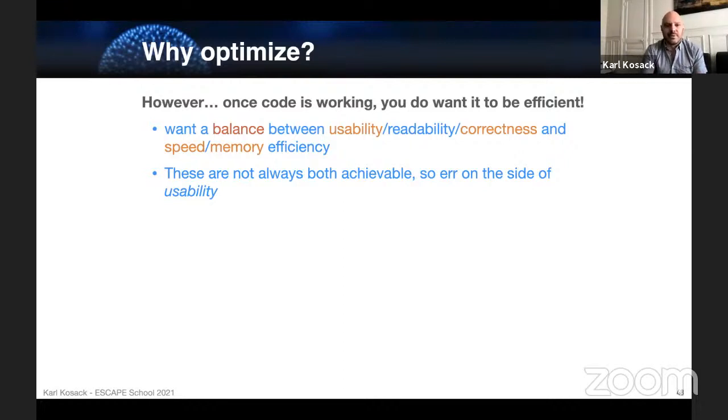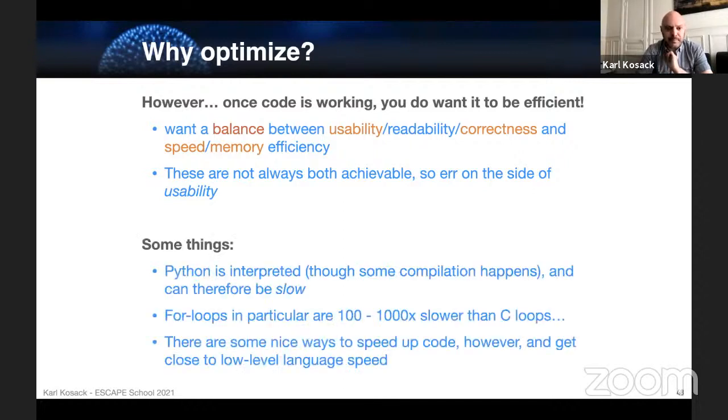Especially if it's code that you have to maintain for a long period of time, because if you do crazy tricks to optimize your code that are hard to understand, it's likely that, one, they'll break in a future update of some dependency, or a new CPU comes out or something, and two, that you'll forget how you did them or why you did them, and then you'll probably introduce bugs later on. So it's still better, on balance, to go towards clear, readable code than necessarily the fastest code.